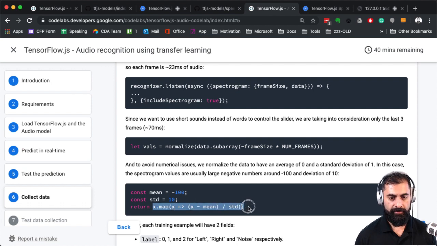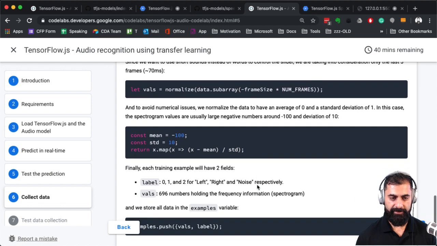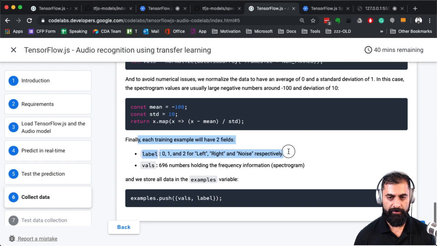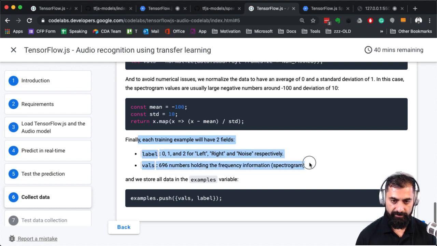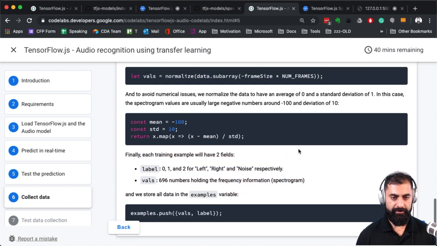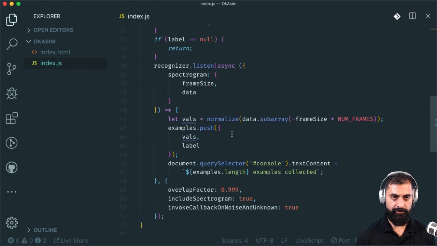Oh, okay. Okay, I think I can explain this, but I need to read it first. Finally, each training example will have 2 fields, label and vals, and we store the examples in the examples variable. All right, let me look at the code myself, and hopefully I can explain it.